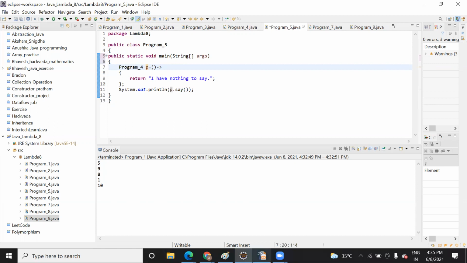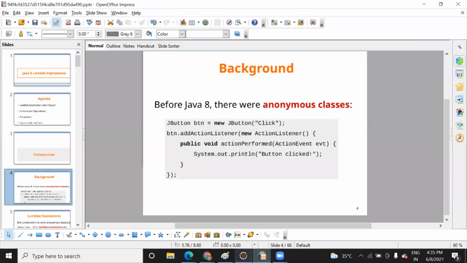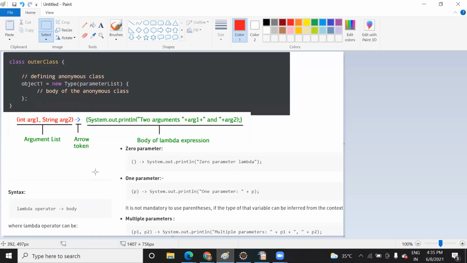the syntax of the lambda is, let me show you first, then we will see this. The expression is like this: your argument, then your arrow, and then the body of the expression that you want to execute. In the last example, for each, the body was there, right? It was running our for loop, and this side we had a variable or argument, right? And instead of this arrow, a dot was there, that is also fine. But here you can see the expression is like this: when you don't have any parameter, then this parenthesis, this is your body.